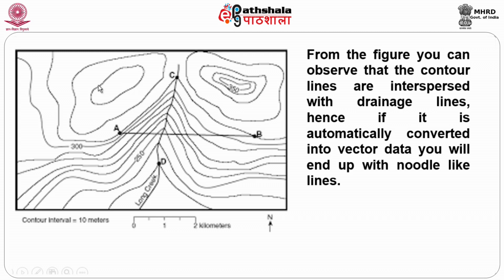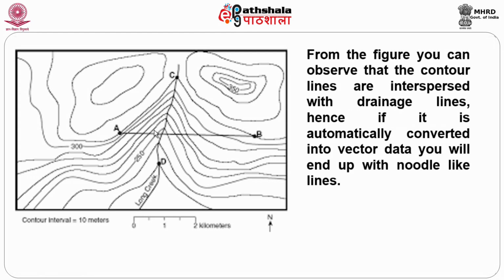Here it will be 1 or 2. But when I convert this, I have the disadvantage. Automatically it will come here and it does not know what to do. It does not know whether to go like this or go like this. It is not a logical thinking application. So what it does, it just converts the entire thing automatically and gives you an output which will be something like a mixture of noodles. You cannot separate it, isn't it?